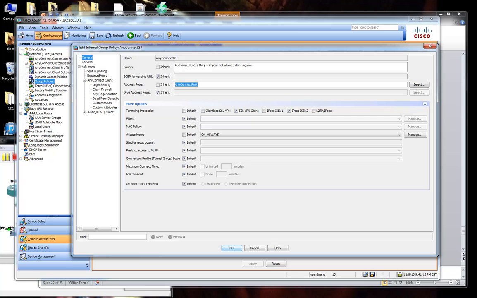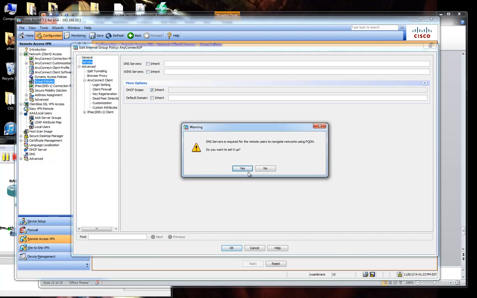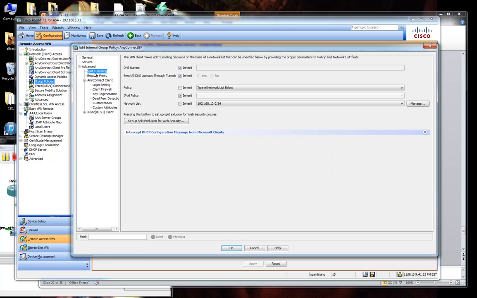Okay, there's also one more thing different that we have to do here. Servers, I don't have DNS, so I'm not going to play with that. I don't need to do that. No, I don't want DNS. Split tunneling. So this is the other difference here. Split tunneling, back in CCNA Security, they talk about